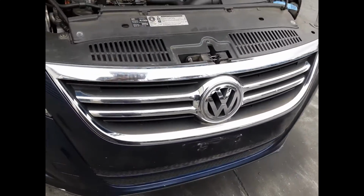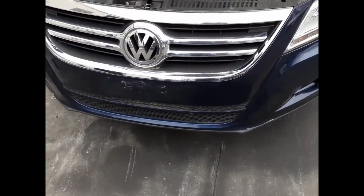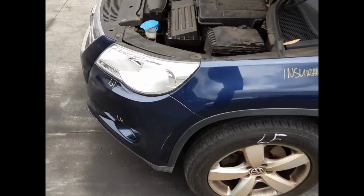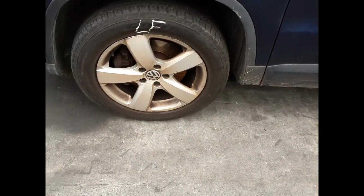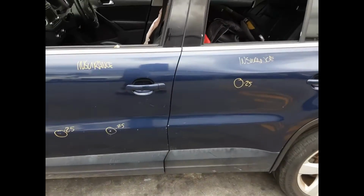We have the radiator grille, right-hand headlight, right-hand fog light, tidy front bumper cover, left-hand headlight, left-hand fog light, left guard appears to have no damage, left power door mirror, bonnet appears to have no damage, left front door has 2 small dents, left front 17-inch factory alloy mag with a bald tyre, left rear door has 1 small dent,